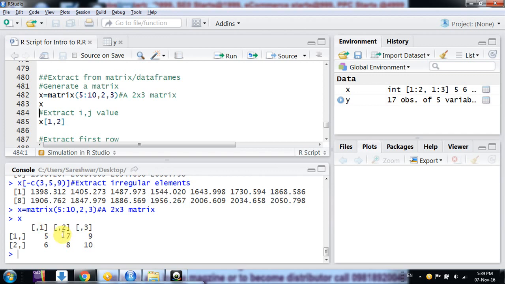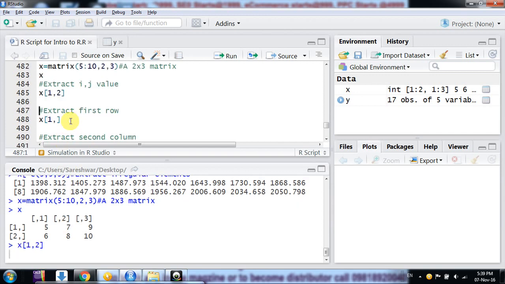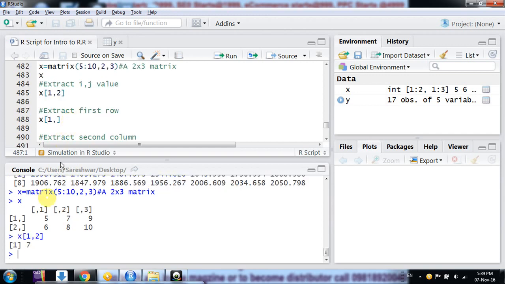Suppose I want the value 7, which is at 1, 2. i is 1, j is 2: row number 1, column number 2. So x[1,2], and now we are getting this output. In this way we can extract our value.